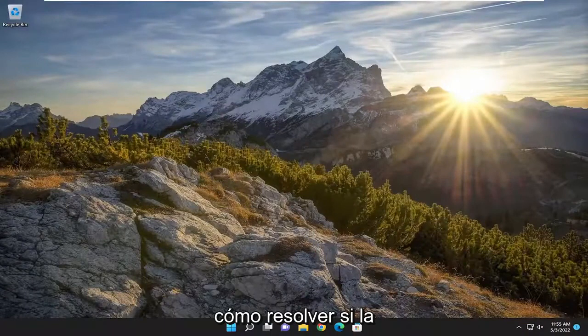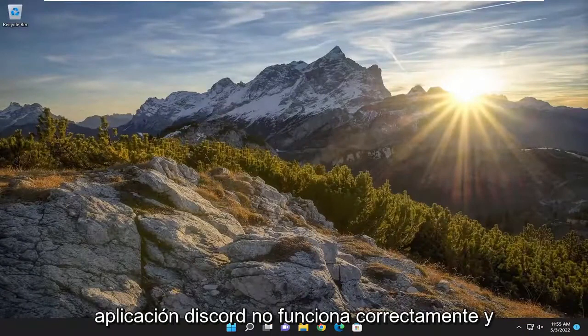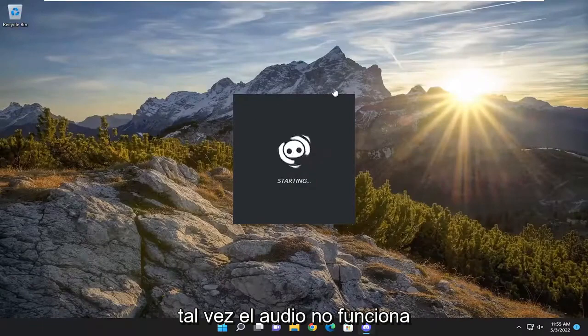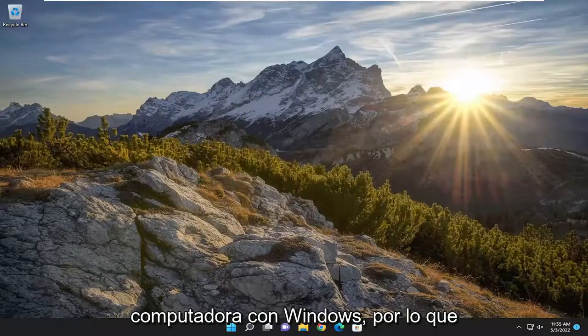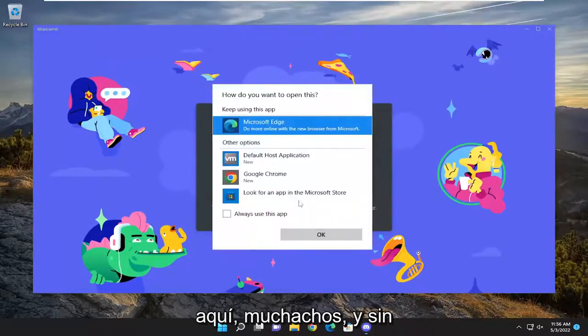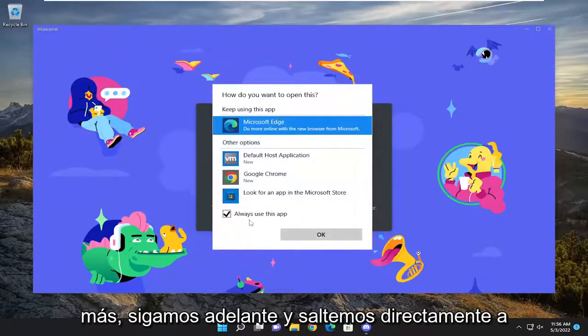In today's tutorial, I'm going to show you guys how to resolve if the Discord application is not working properly and perhaps the audio is not working properly through the microphone on your Windows computer. So this should hopefully be a pretty straightforward process here, guys, and without further ado, let's go ahead and jump